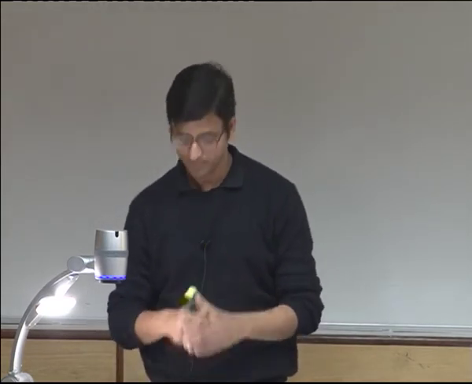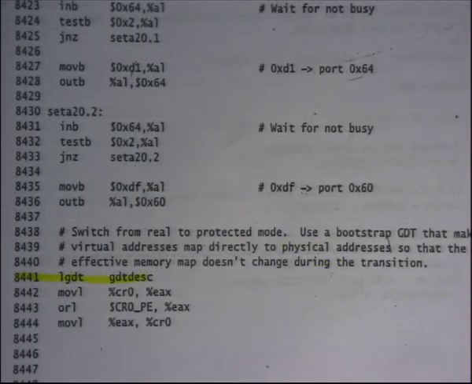Clear? All right. Okay. So you load the GDT, and then you do some things to make sure that you are moving into 32-bit mode. So CR0 PE basically says move into protected mode. The 32-bit mode that we have discussed is also called the protected mode because it offers protection, right? And so then you move this value into CR0. This is control register 0, which indicates which mode I am running in, when I am running in 16-bit mode, 32-bit mode, or protected mode, etc. And so that's how you move to 32-bit mode.